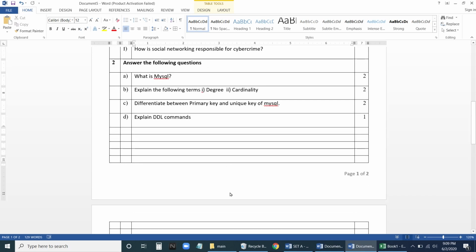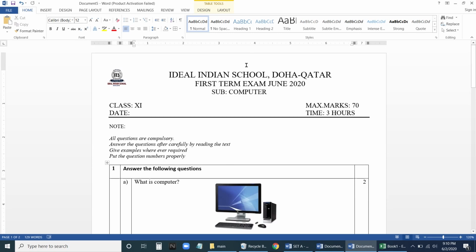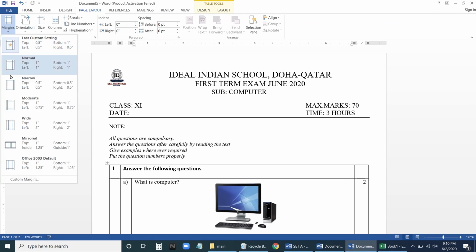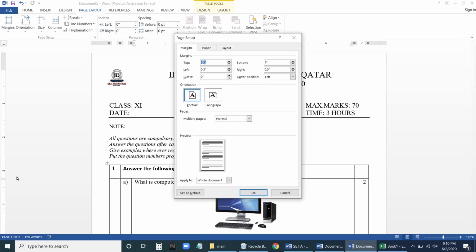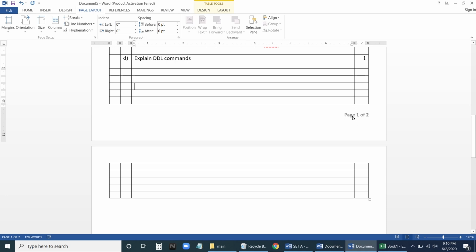That's why I told you to leave 1 inch at the bottom, half inch on the left side, half inch here, and half inch here. That we have done in the beginning, in the page layout. So page layout, margins. You can change now also. Custom margins, and you can see here it will be there. Now if you don't want, you can give 0.5 here, no problem. It will take a printout, no problem. But for simplicity, I have kept 1 inch at the bottom. That's why it has given more space towards the bottom, because we have this page number.